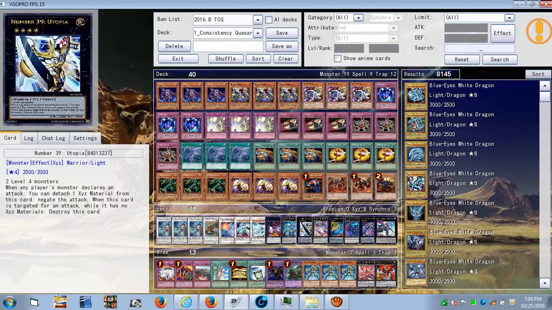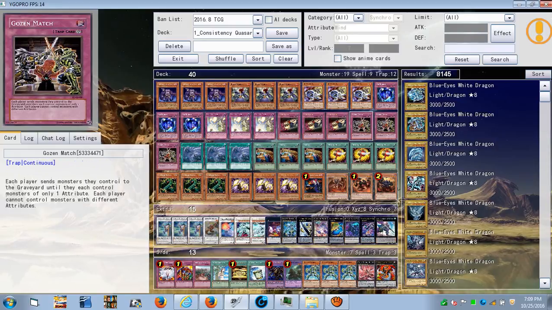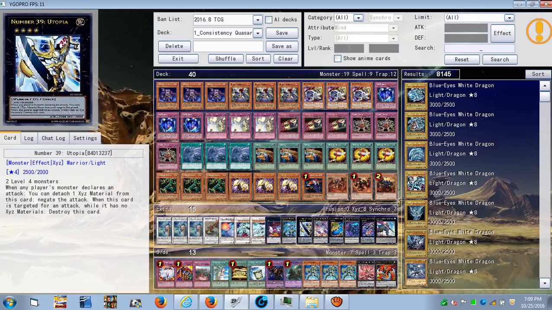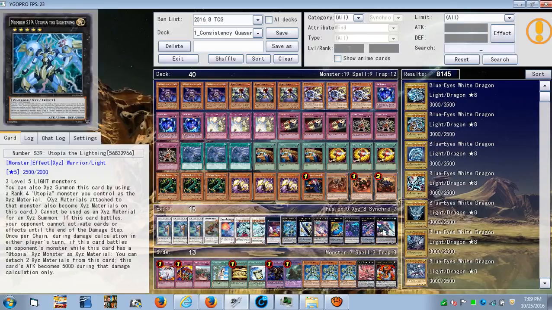And you can obviously go into Utopia, especially if you're in a scenario where, like I said, you have Gozen Match and the Thunder Seahorses. They're light, so you normal summon both of them, right? Overlay them and make a Utopia. Since Utopia is light, you can go into Utopia the Lightning, which is also light, and you have that